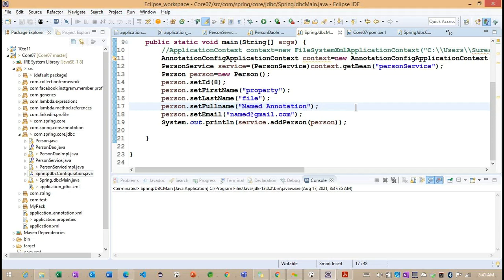We are going to work on the Hibernate template. With the help of the Hibernate template, we are going to integrate Spring with Hibernate. But before starting the Hibernate template, we need to focus on what main concepts are available inside Hibernate. Basically, Hibernate is an ORM tool, an object relational mapping tool. With its help, we work on relational databases, and we can connect to multiple databases.